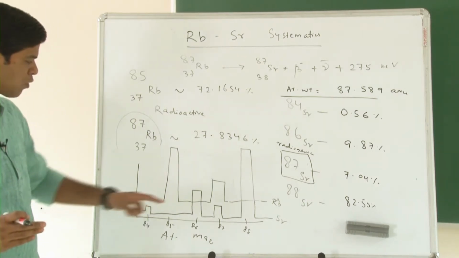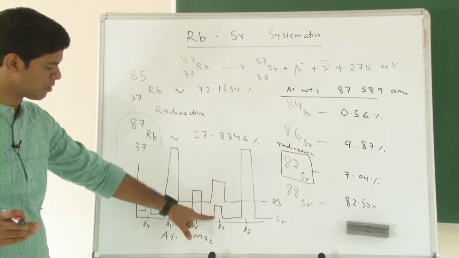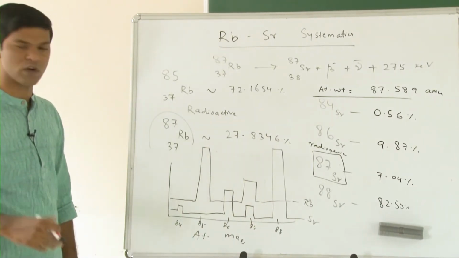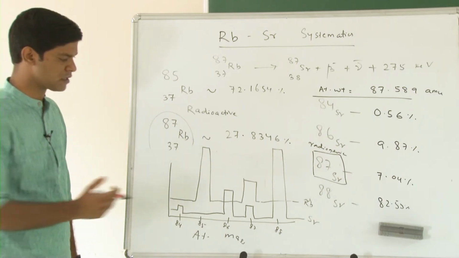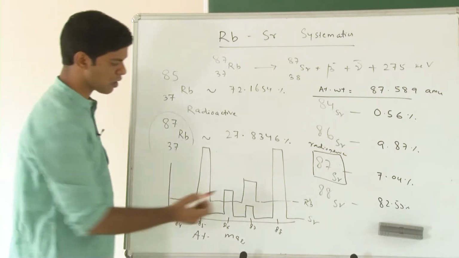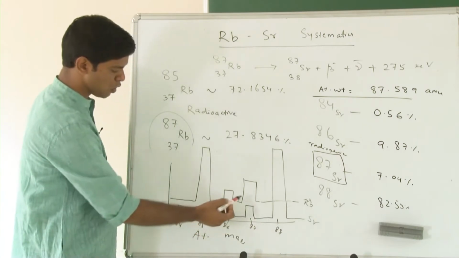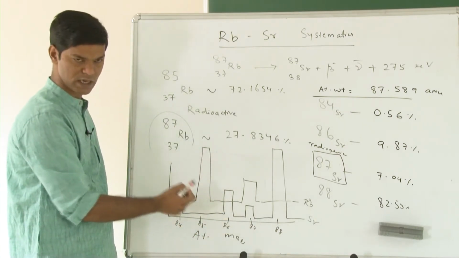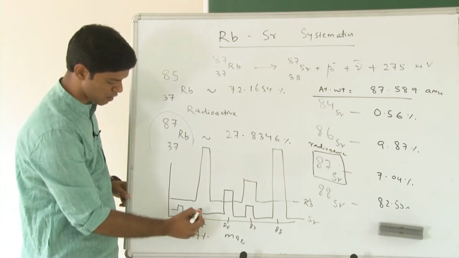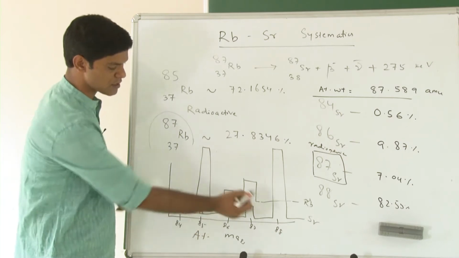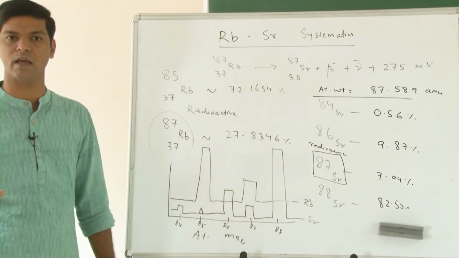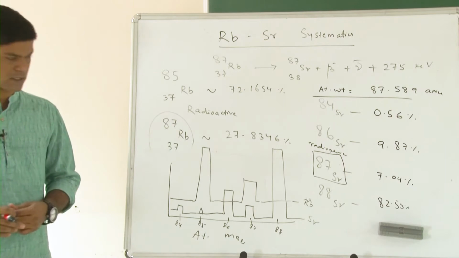If you are not doing that, then what will happen? There will be an interference of rubidium on strontium, and if that happens, you need to be careful about your chemistry and purify better so that you get pure strontium. If that is not feasible for the given analysis, then you have to look for the 85 signature, the isotope 85, which is one of the peaks for rubidium. If you see a peak at 85 in the strontium, then the same amount of correction has to be applied at 87 atomic mass to make an interference-free strontium isotopic analysis.